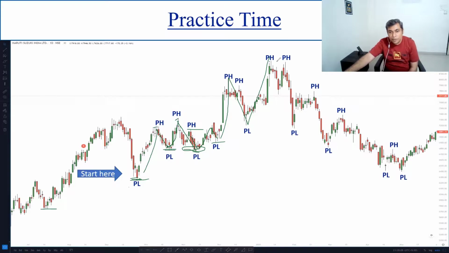Now, what has happened after this? We have a new pivot high, which is below this one. So that should hit our mind as a price action trader: why has the new high stopped here, right? And then it is followed by a new pivot low, which has broken below this pivot low and this pivot low. Then we have a new pivot high, new pivot low, new pivot high, new pivot low, which means that not only is this uptrend over, but a new downtrend has also started after breaking this major support here,